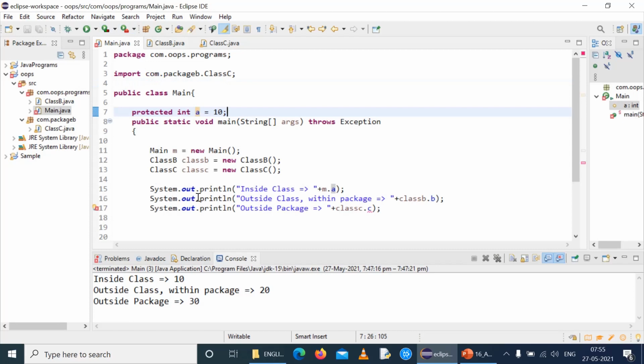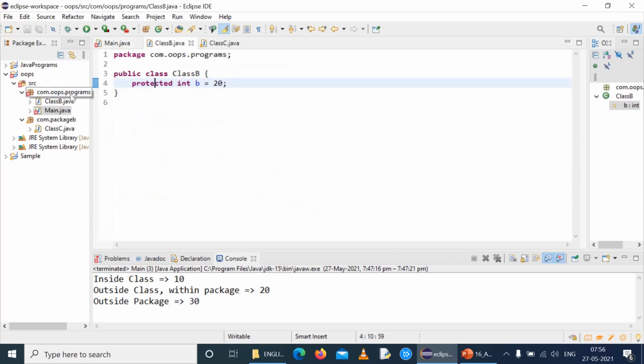Immediately after changing to protected, the error on the second line has disappeared because, as per the definition, a protected variable can be accessed within the package. Class B is present in the same package as class main, so this protected variable int b can be accessed from the main class as well.